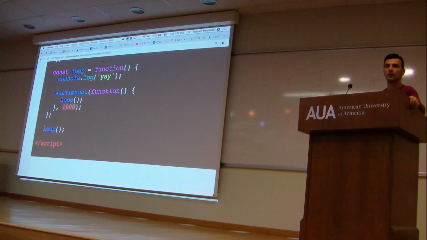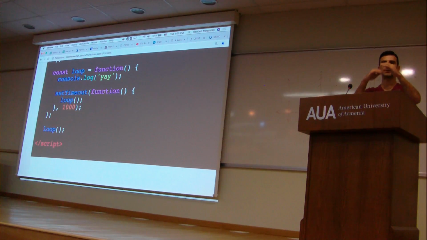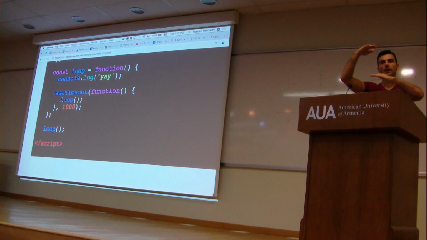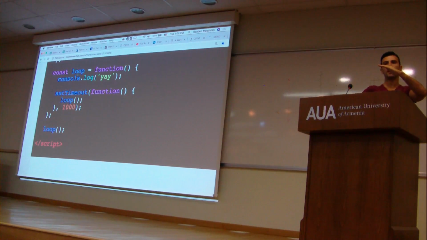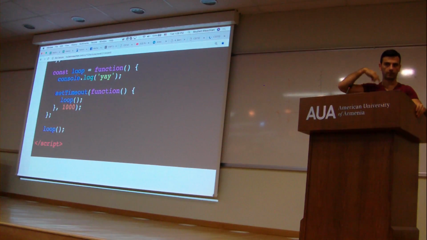Why do we set timeout inside the function? Oh, okay. So the loop function is performing some operation, right? Then it wants to wait a bit and then do the operation again. Then it wants to wait a bit and do the operation again. We want it to constantly loop. If we take it out,